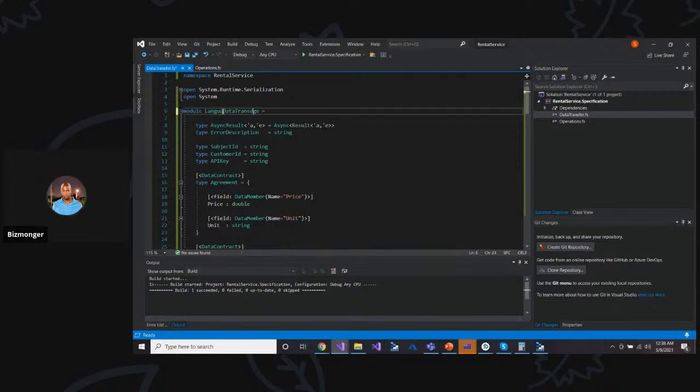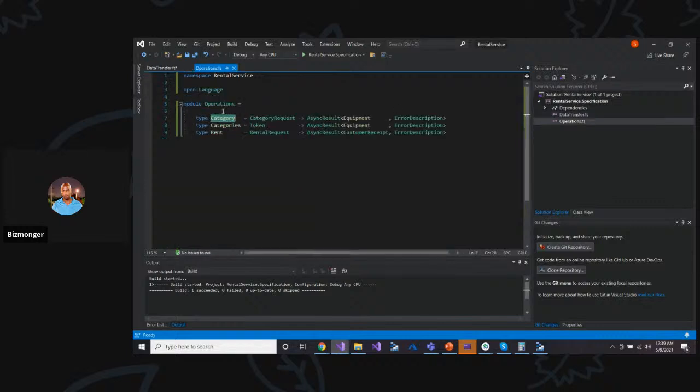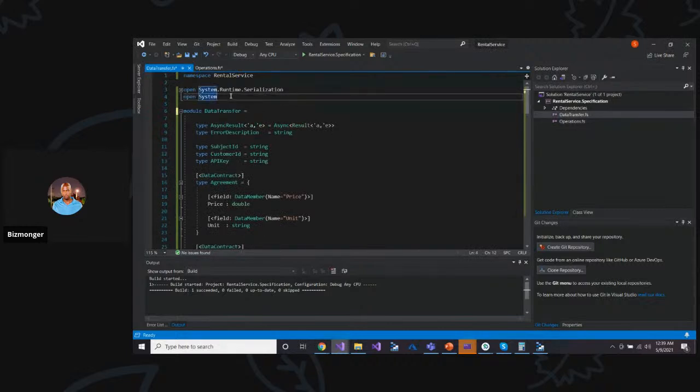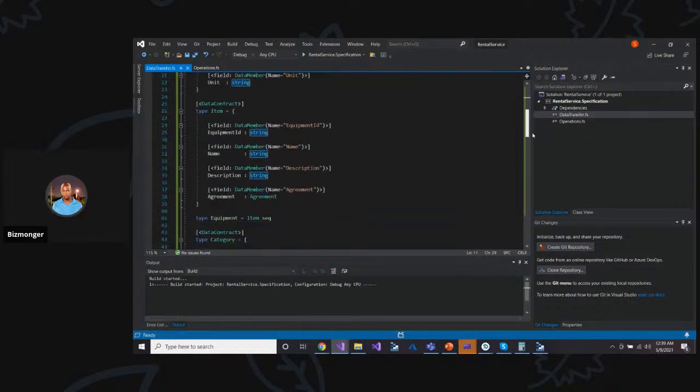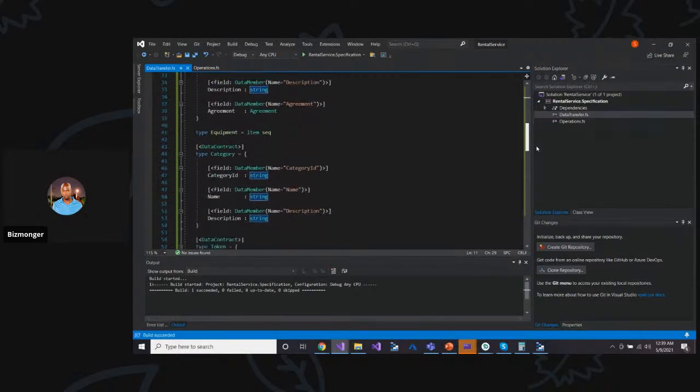Data transfer. I butchered that. Data transfer. And I like my imports to be a little bit more ordered. Okay. So we have this. I don't think I actually did anything yet. We have this category